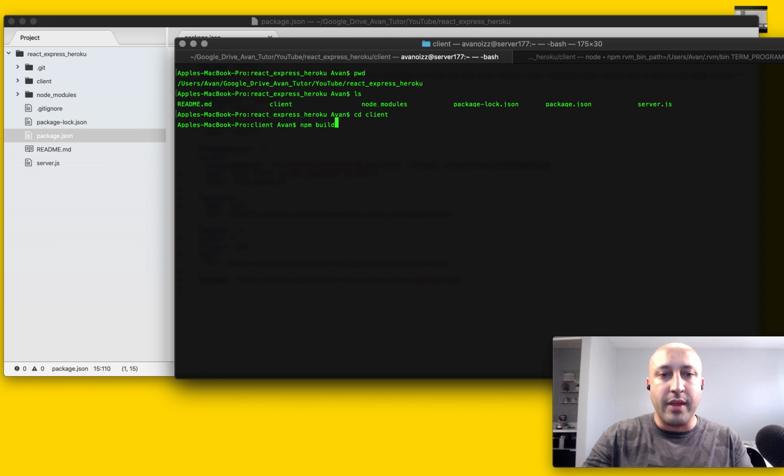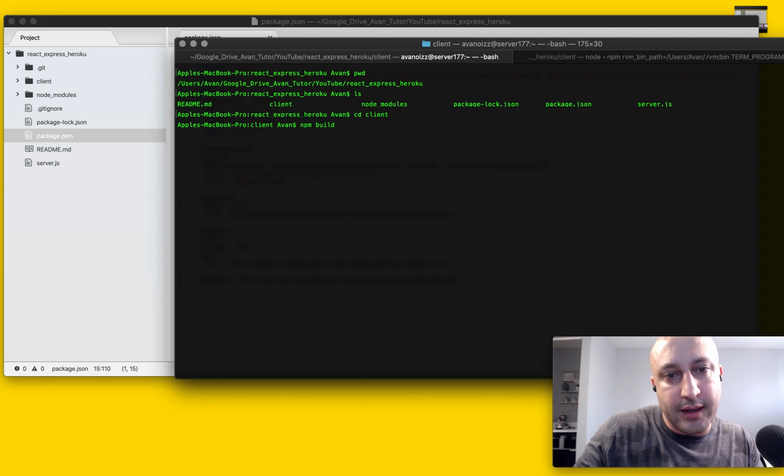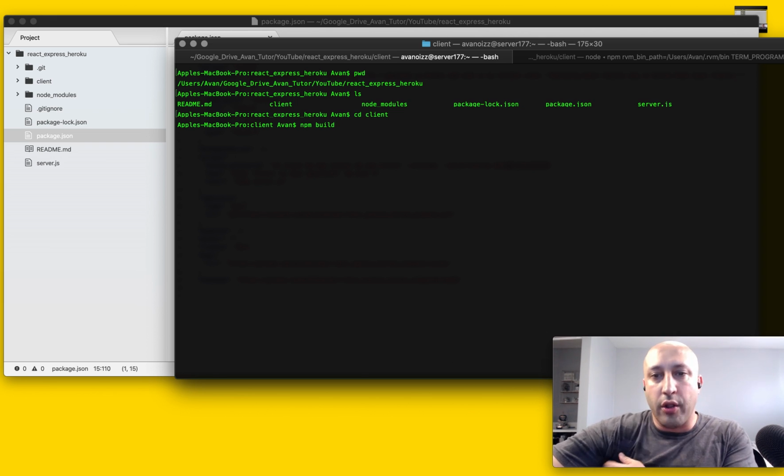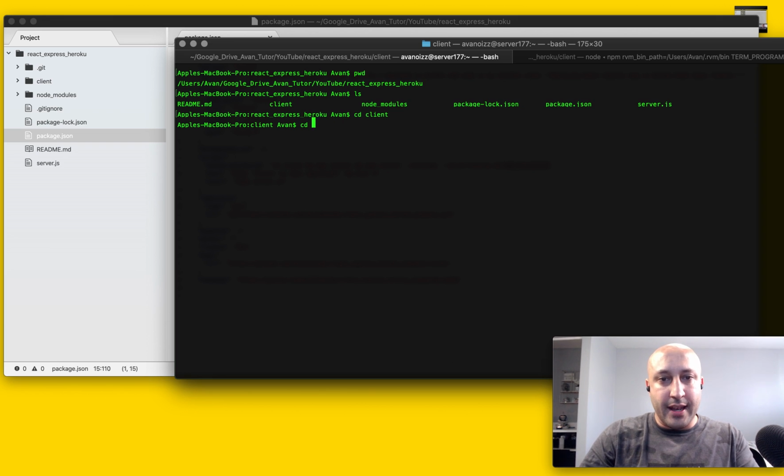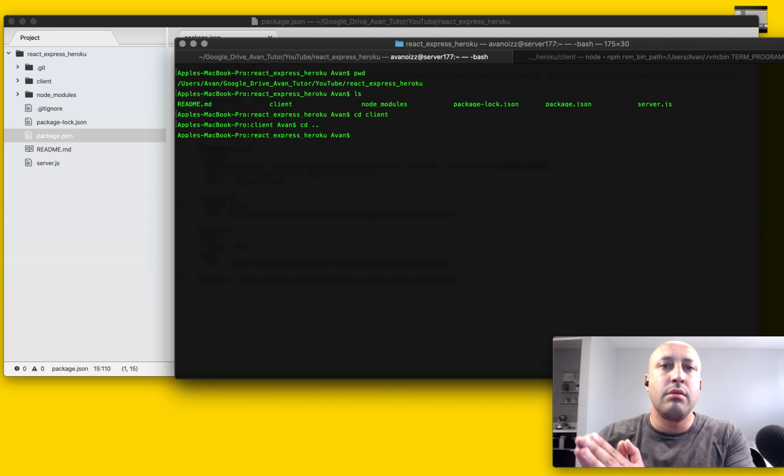So I'm not going to run that right now, but run that command. That should build all the assets and everything you need for the React app to be deployable and ready for production. Okay, so then go back to the root directory and make sure you push everything up. Let's say you push it up to GitHub